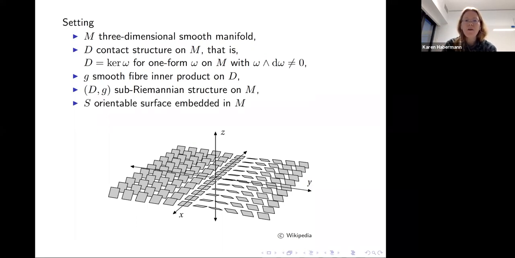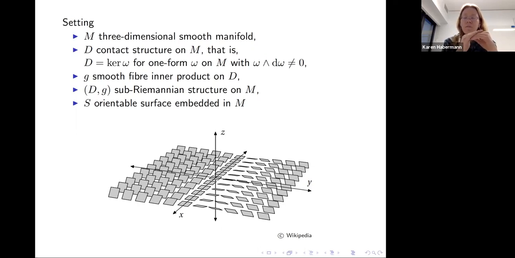Then we are going to put an orientable surface inside this manifold M. We'll be interested in constructing second order partial differential operators and eventually stochastic processes on that surface. One thing I'm going to say now while I have this image available: notice that if you put this surface inside this three-dimensional space, then if you fix a point on your surface and look at the tangent plane to the surface at that point,